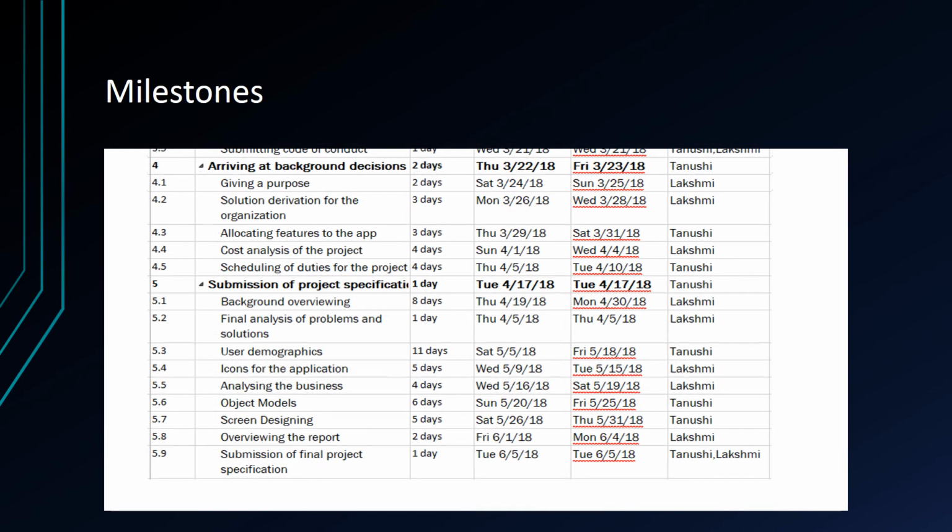The process of creating this mobile application continued, arriving at background decisions such as giving a purpose, solutions for the organization, allocating different features to the application, cost analysis, making important schedules about the duties of the project, and so on.